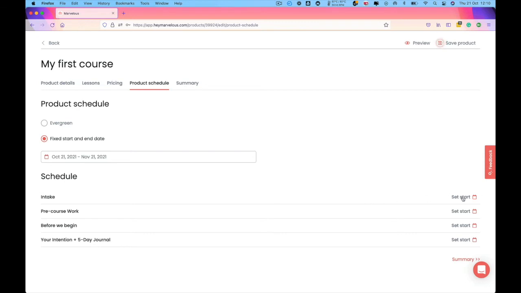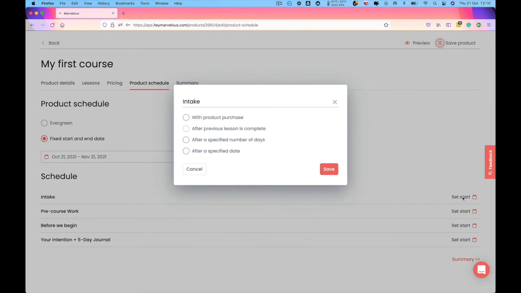To set up a drip schedule, select the calendar on the right-hand side of the lesson. Then select one of the 4 options. With product purchase, this makes the lesson and its contents available right away. However, the start date takes priority. So here, if a student purchases the product on October 2nd, but the start date is set to October 21st, they won't be able to access the product until the 21st,